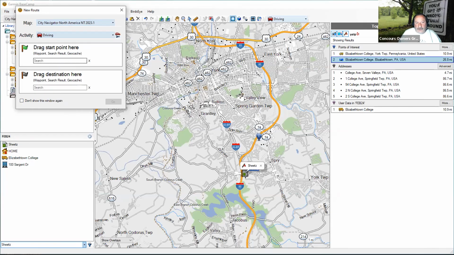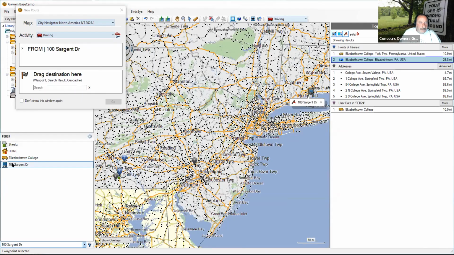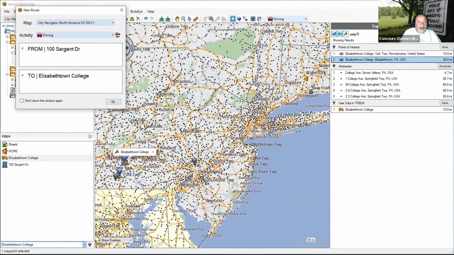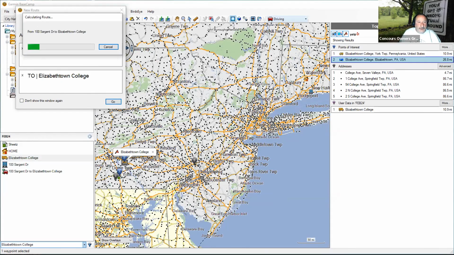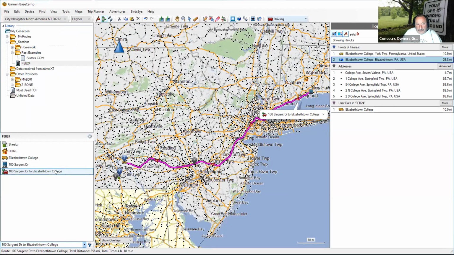Now you could drag these waypoints into here, as opposed to having to search here. I like this search better than this search. All right, so we'll just go here from work as our start point, Elizabethtown College as our endpoint, and just say go. Right, and now we have a route, and the dialog box for that route is open. I'm going to close this, and what I'm going to do is just rename this